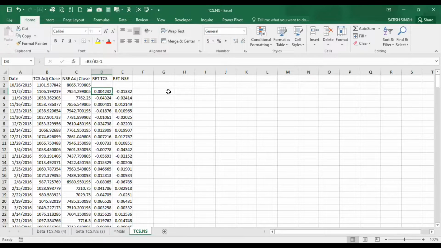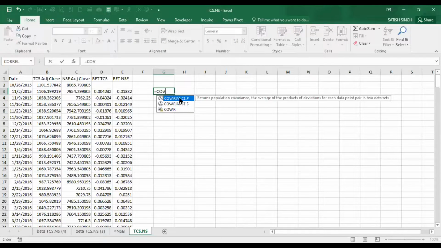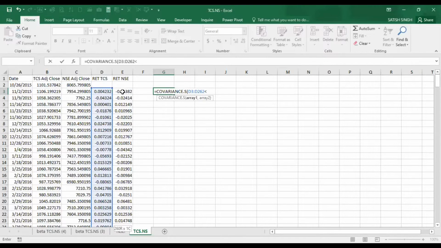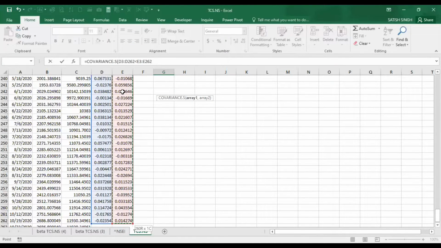There are 3 ways to calculate beta, and we will discuss them one by one. First, by taking the covariance function, here it says array 1, this is the return on the first array, comma, then Control Backspace and take this, Control Shift down arrow to select the entire thing.